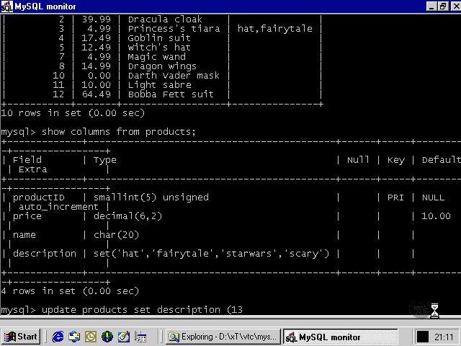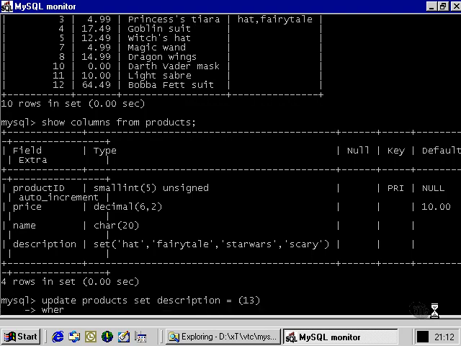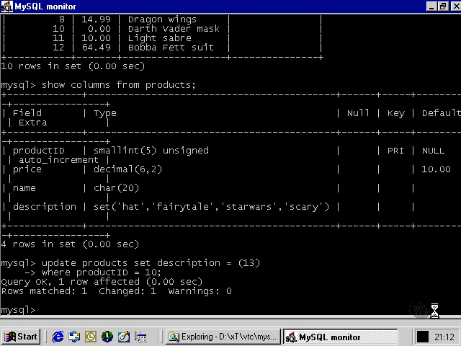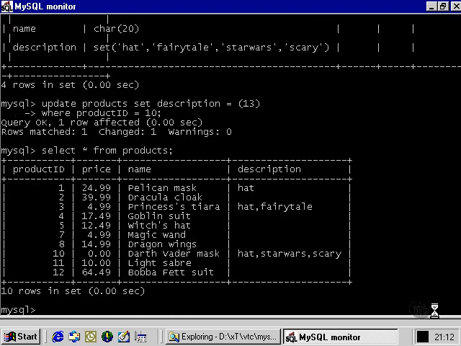Let's take a look at that. Put it in brackets just like we do the other values. And number 10 is the Darth Vader mask, so that's the value that we want to change. Now if we run our select query on the products table, as we can see, the 3 values that we wanted have been added by using the decimal representation of the binary figure to specify the values to put into